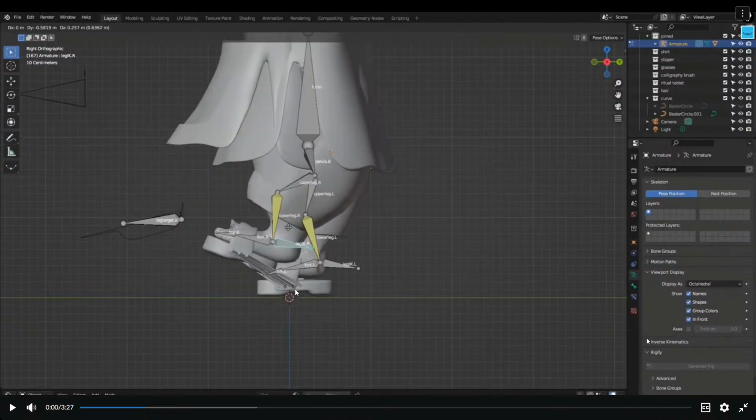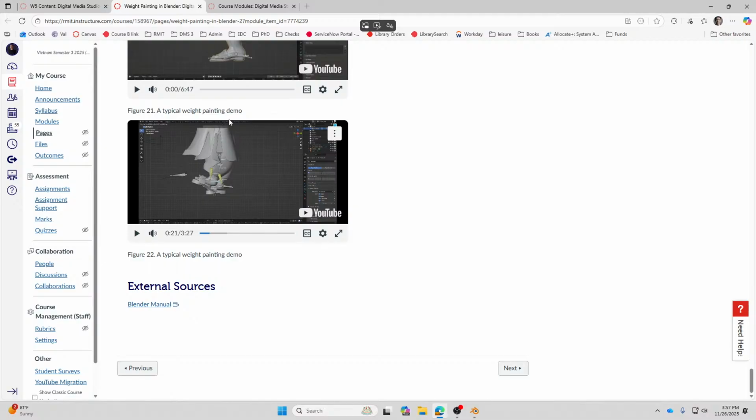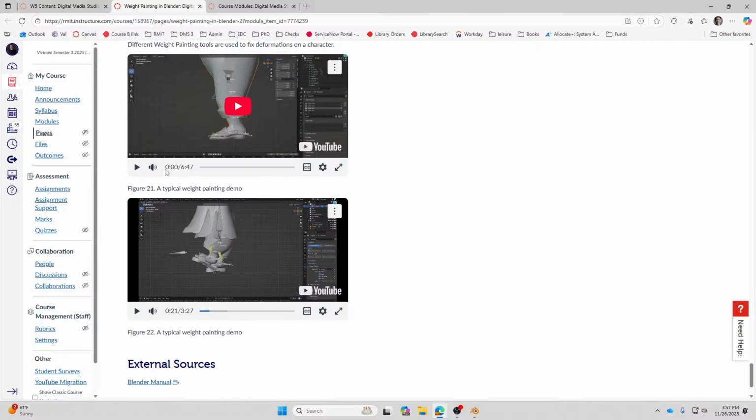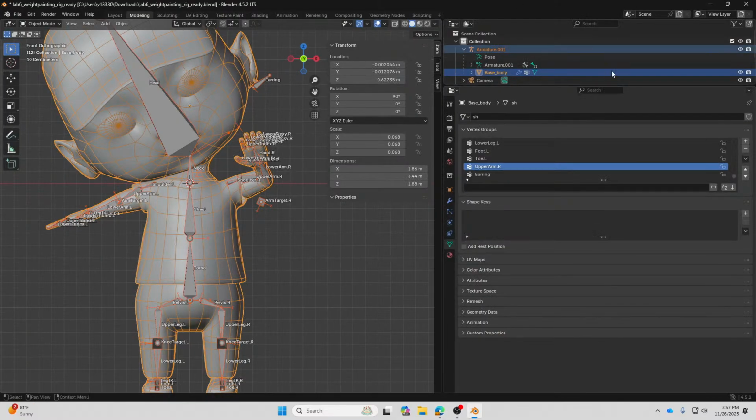Basically here there are some vertices that are not being controlled by the foot bones. Okay, they're being controlled by the IK, and then I removed them basically. Alright, so you can watch this extra video on the page over here. But I think today I have explained most of the things you need to know about weight painting.